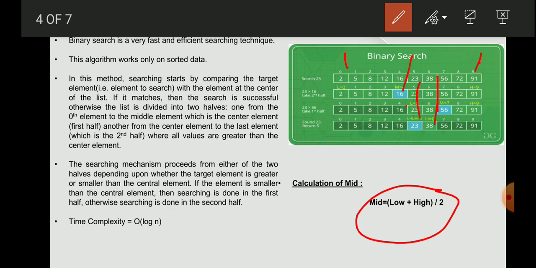This is one of the great features of binary search, which is not possible in the case of linear search, where we have to compare sequentially. To check for 23 in linear search, even though a sorted array is given, we need at least 6 comparisons, whereas over here in just 3 comparisons we are getting the required output. So this is the benefit of binary search, but the overhead is that we need sorted data.